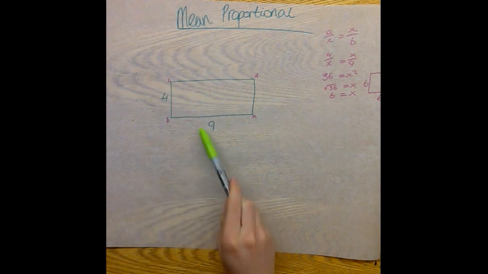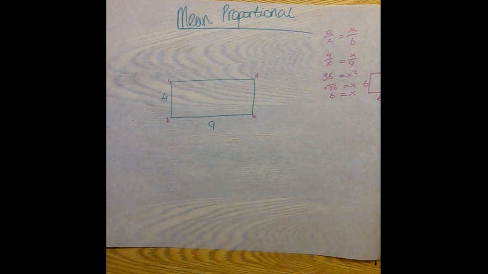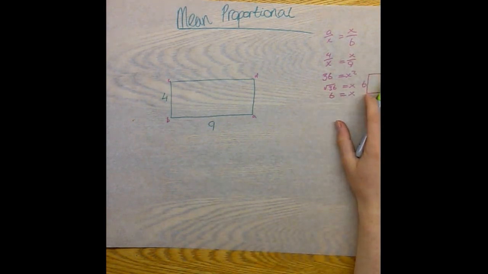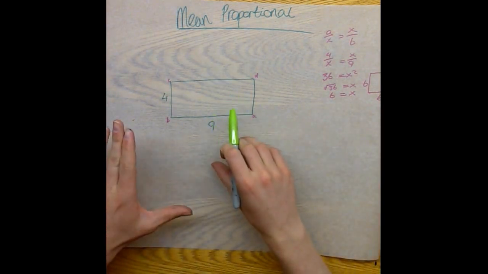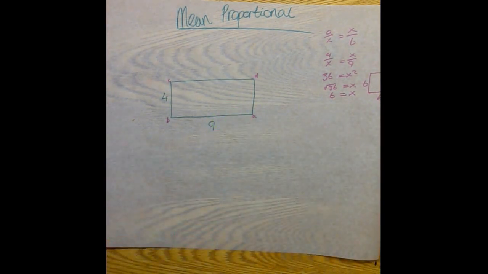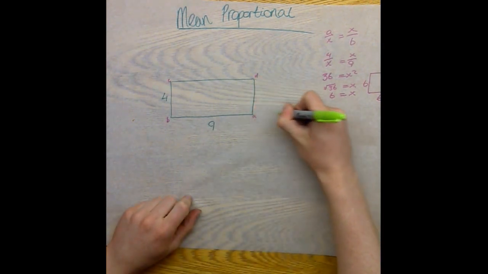So let's say we have this rectangle here, 9 by 4, and we want to convert it to a square of equal area. Now we could use the formula over here and prove it mathematically, but we're going to prove it graphically instead. So the first thing we want to do is swing an arc down from D until it hits this line here,